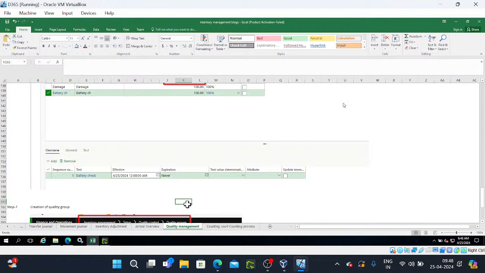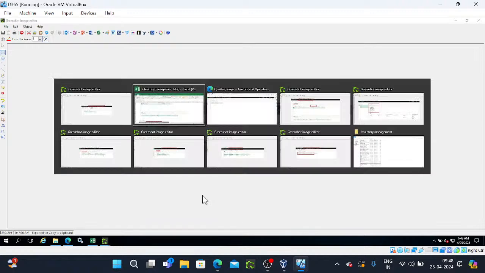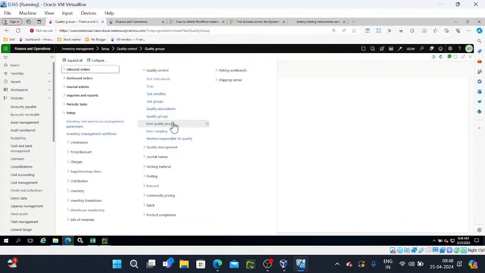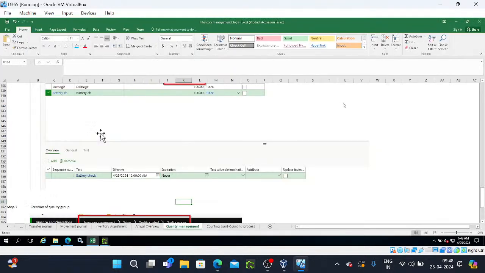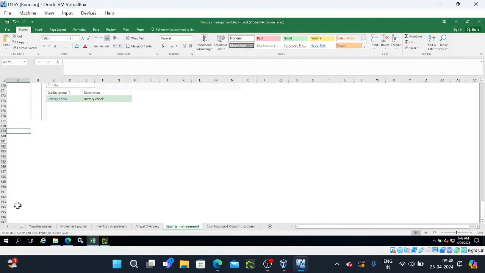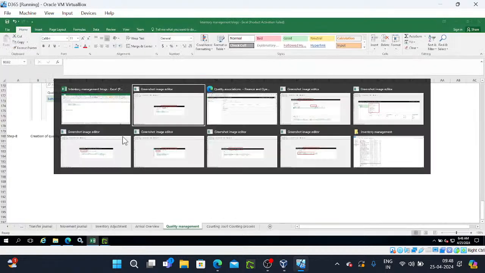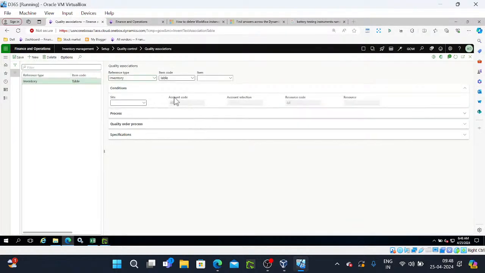Then last one is after quality check, quality associations. Step 8. The quality association,